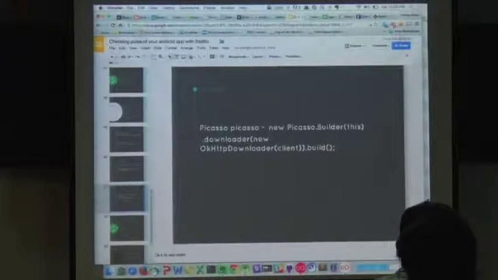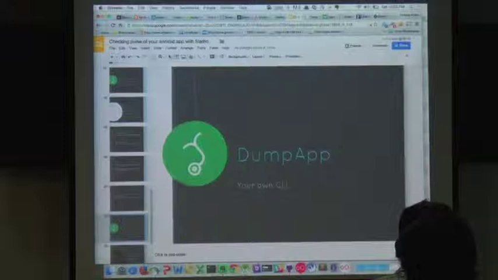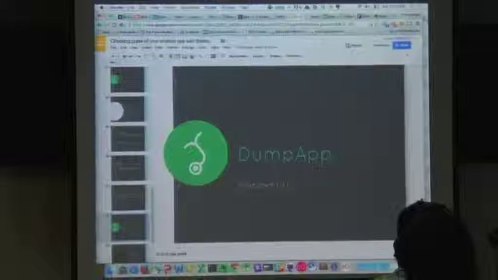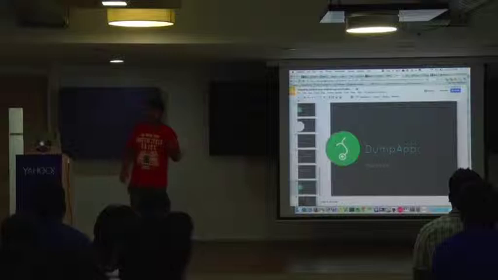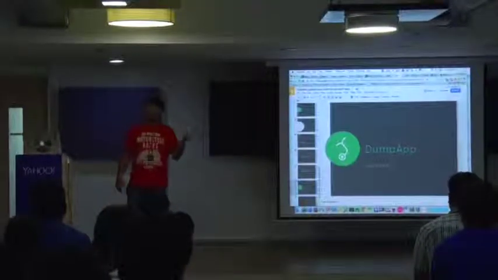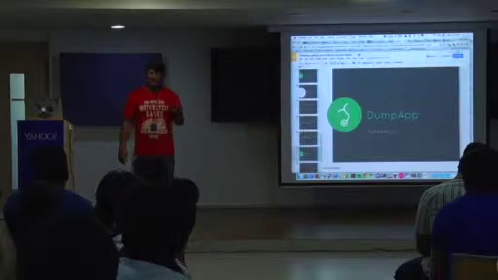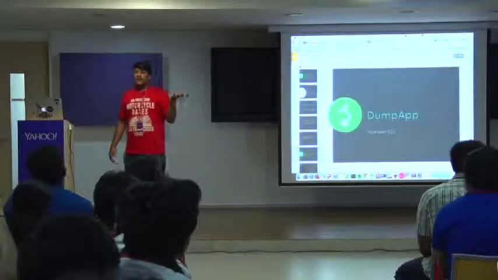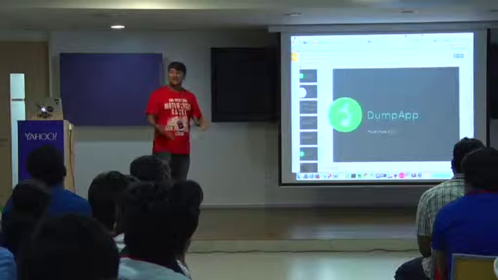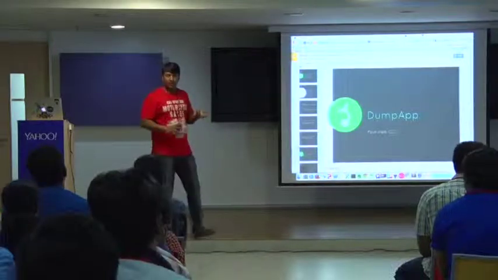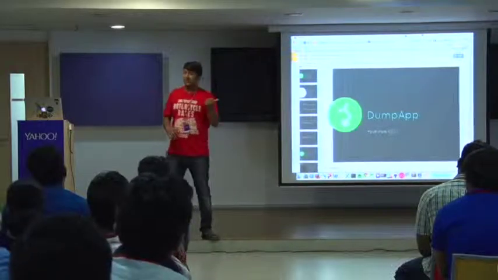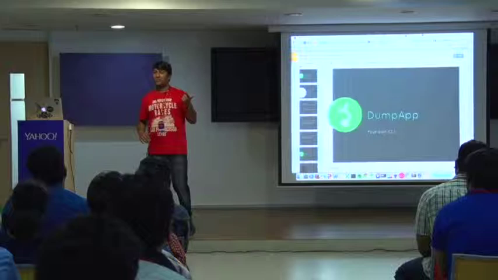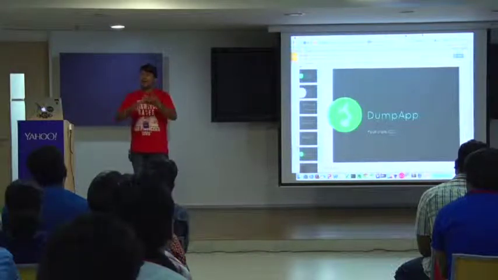So this is how we added it in Picasso. Now let's talk about dumpapp. dumpapp is a CLI, a command line tool, which is basically a Python script that gives you a lot of options to customize. Facebook has written 3 plugins for dumpapp. The main power of Stetho, apart from all these features, is that it is extendable. It is a plug-and-play model. They have written one for hprof files, one for preferences, and one more. So you can use the command line to print all those things.